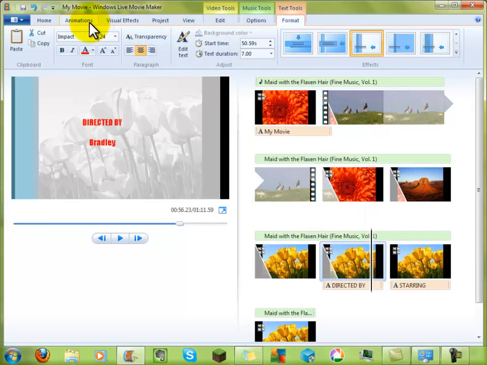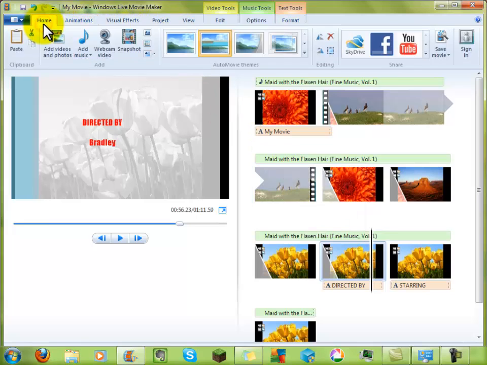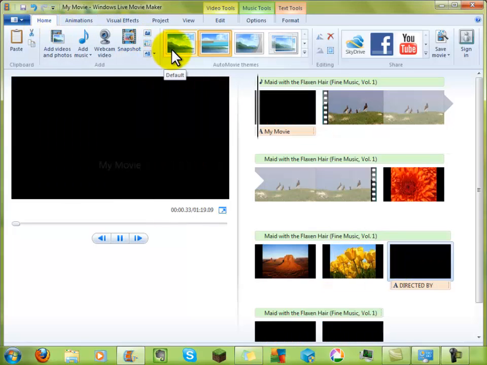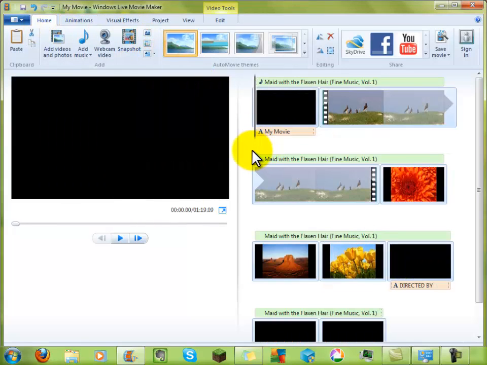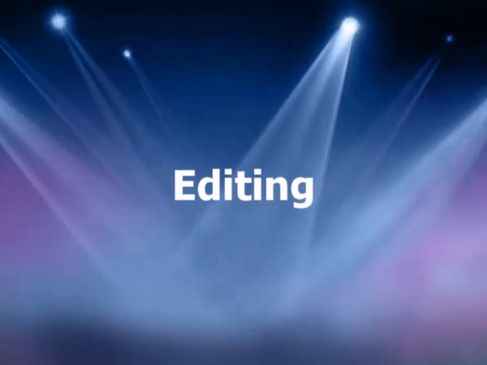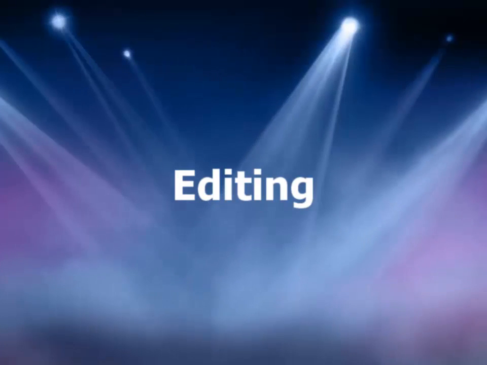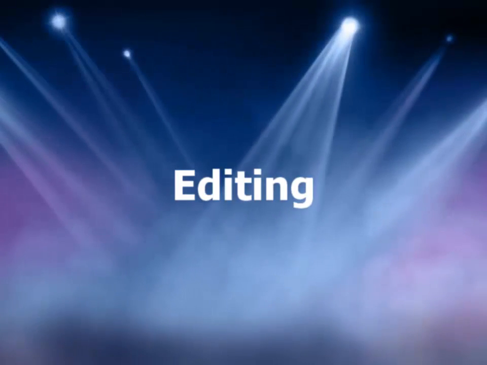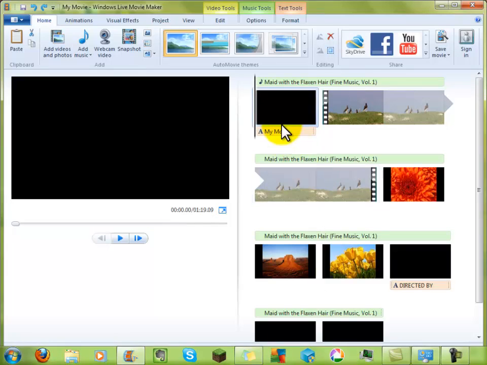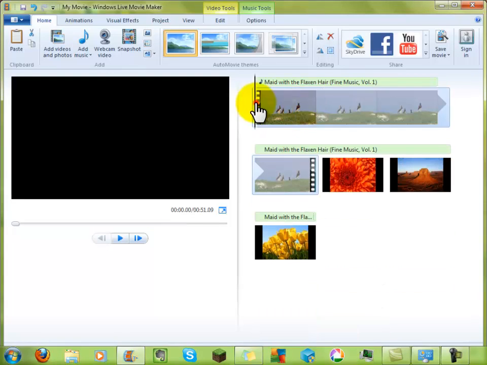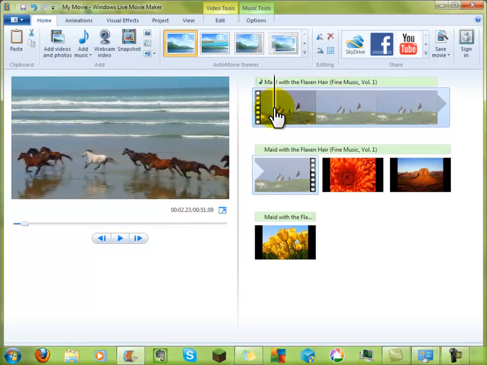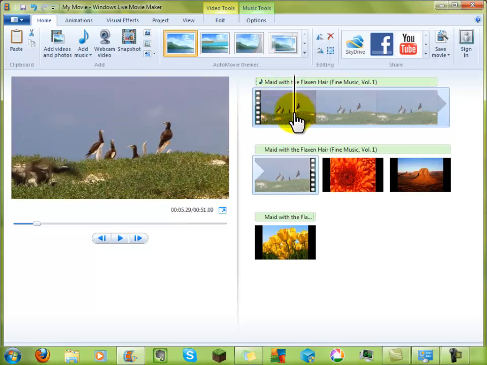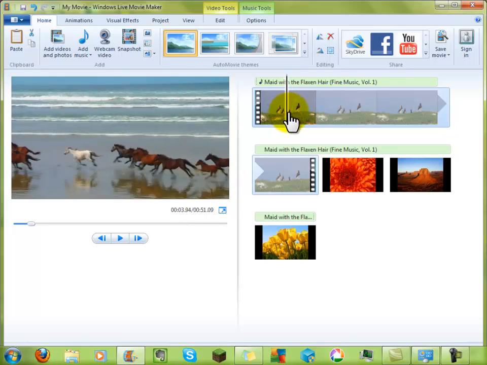But what if you want to add your own effects? Well, if we go back to Home, we can select Default. And let's delete these. To remove part of a video, click it, and then hit Delete. You can split videos partway through. Let's say we want this part of the horses, but don't want these birds. Simply find where the horses end,